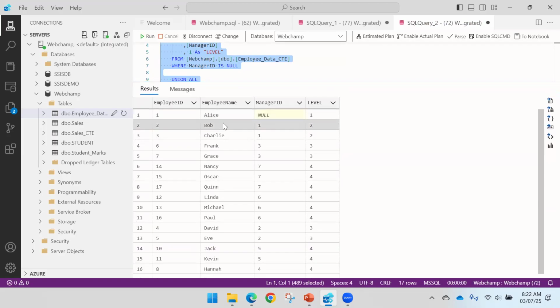Alice has level 1, Bob and Charlie have level 2, right? Why? Because the level will be added only when it matches. So this is the example of recursive CTE. So here